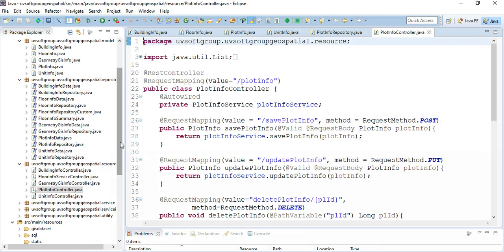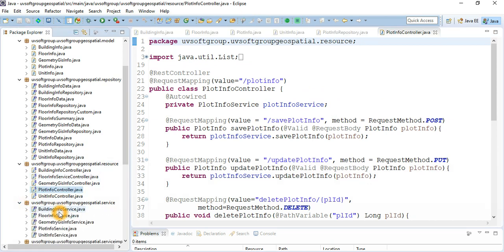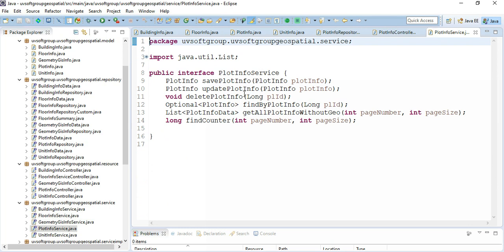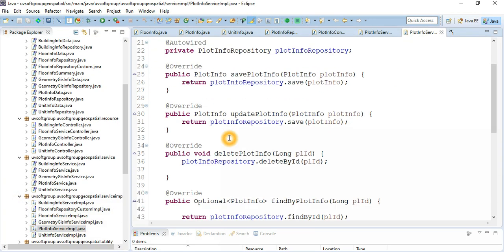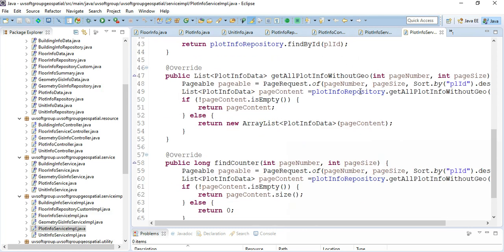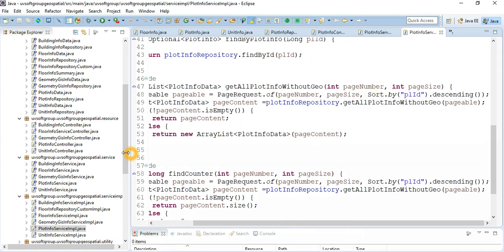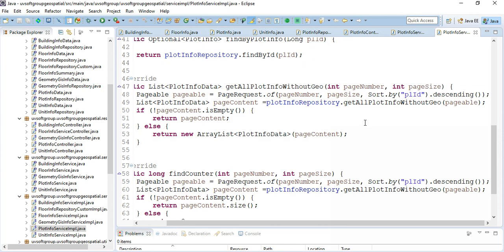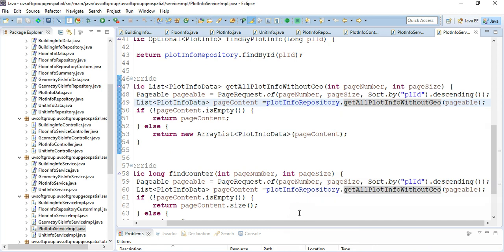I said that in the last project I didn't talk about the controller, I mean the resource, but here is the controller definition. And here is the service definition, exactly the same thing. It does the CRUD operations, some complex functionalities, search functionalities, and this is the implementation of the service itself. So these are very simple cases. One example is the paging and sorting functionality. See the pageable, and this is one of the repositories that you define here. The repository has a pageable interface, you inject the pageable interface here, and you pass the pageable object,